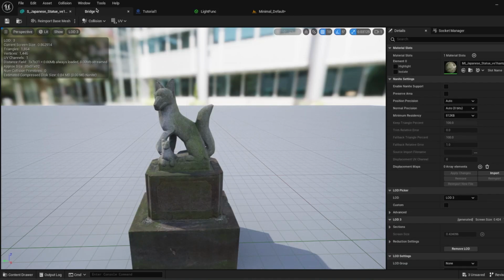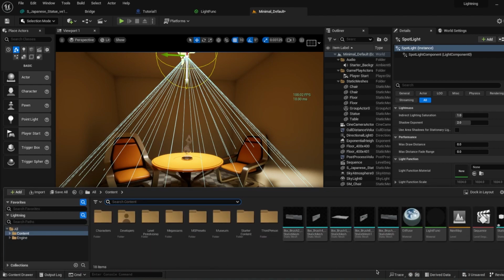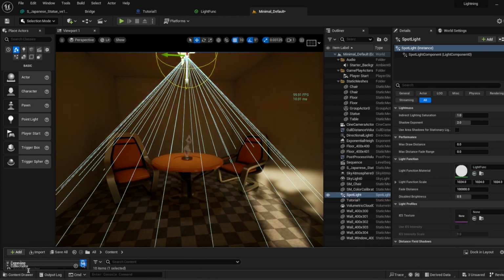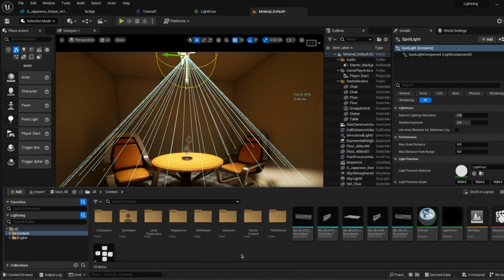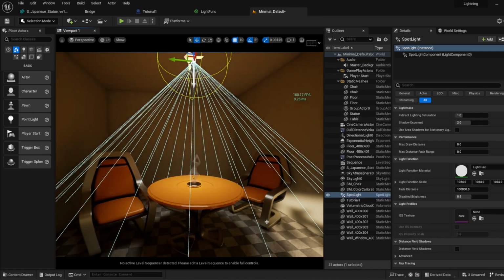Save it. Going back to the scene again. And in here, I'm just putting the light function material in the spotlight. And as you can see, it is working pretty good. It is not a great flickering animation function, but still, I think it's better than always using animator and sequencer